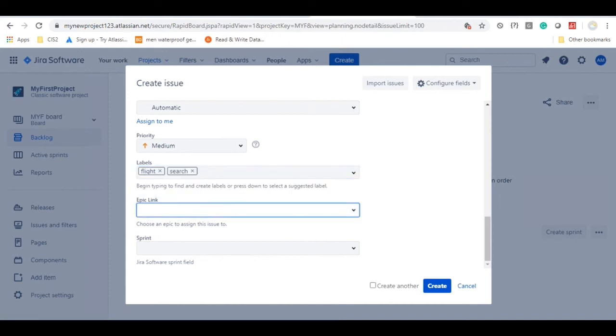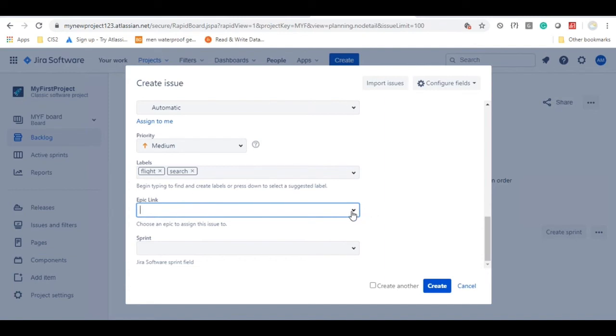Whenever I search with flight or with the search keyword, I should be able to see this particular requirement. That's how this label is going to work. This is for searching purposes. At any point in the future, if you want to search and find out where this requirement is, these labels are going to be useful.